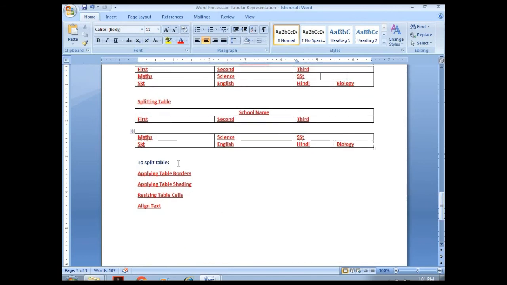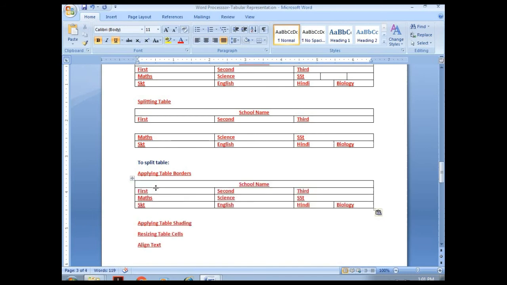Applying table borders. Here we can make a table and we can apply table borders. Any type of border you want.